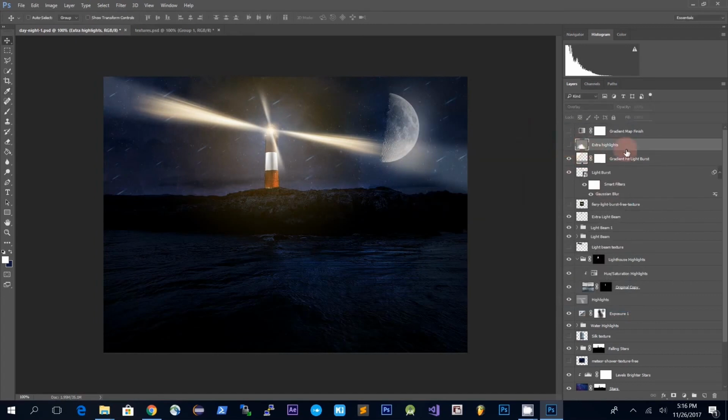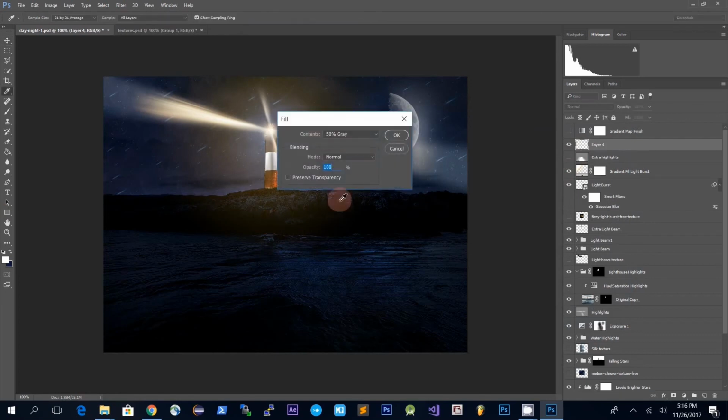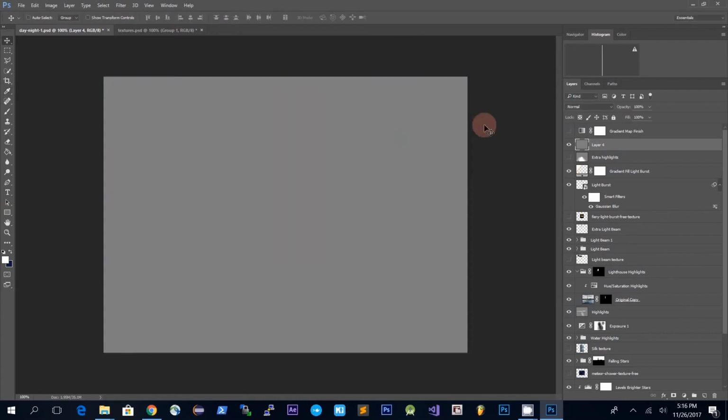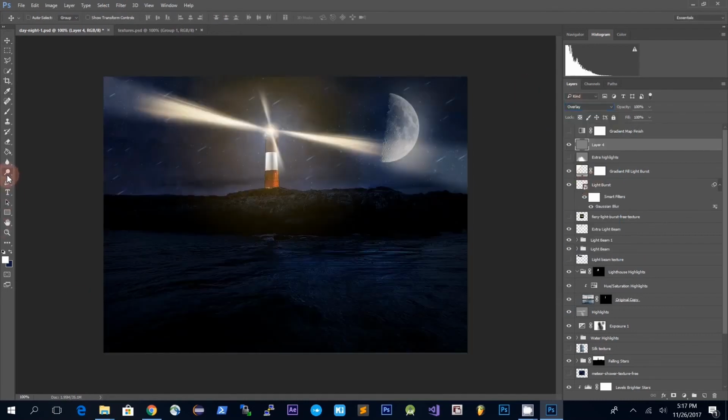Next I added a new layer, also using the same technique as before, so Control Shift N and then Shift F5 using a 50% gray fill, switching to overlay and then using the dodge tool. And the reason I did this was because I wanted some extra highlights, so